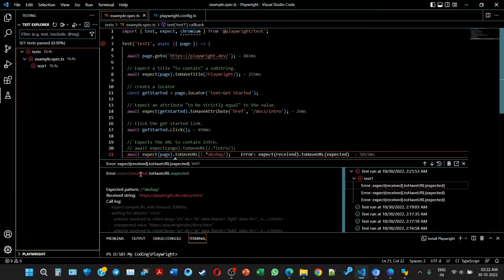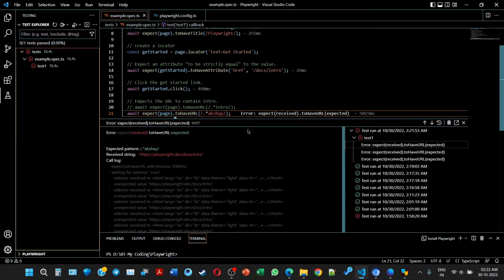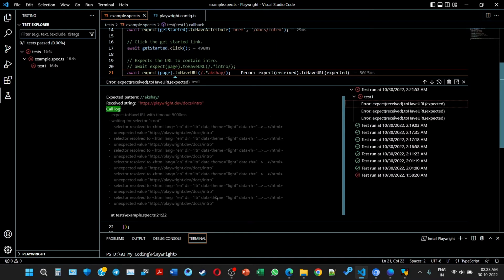The error is expect received to have URL. So expected pattern Akshay and received string does not contain Akshay. So this is the failure. That's what we see, that it will show you the error message right in the editor and tell you what was expected and what we are getting, and the complete call log. So this is the call log which contains all the data,